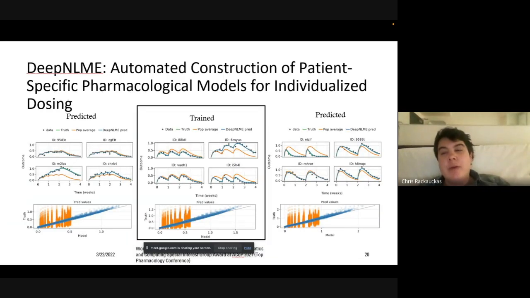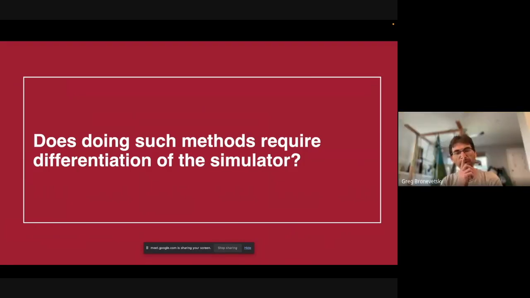In fact, our group at Pumas recently won an award at one of these pharmacometric conferences for some of the demonstrations showing that it has been learning individual patient predictive models. So I think this is a case study that shows that this kind of scientific machine learning technique is really starting to bridge from toy academic cases to things that are useful in the actual industrial practice. So let me really poke at the value of this, because this